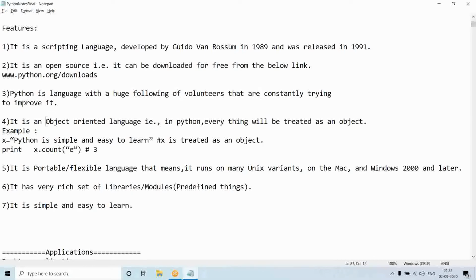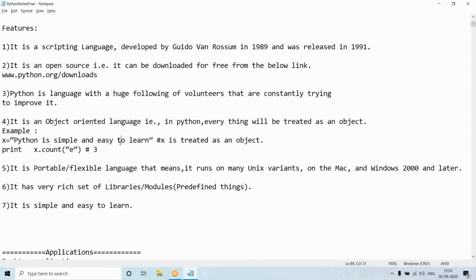Next point is what? Python is an object-oriented language. Everything is treated as an object over here. You may have questions like, what is an object? What is a class? What is an object-oriented language? How can you decide whether a language is object-oriented or not?